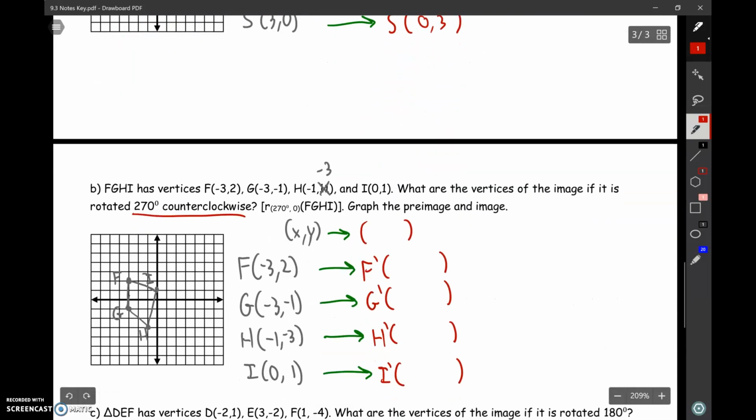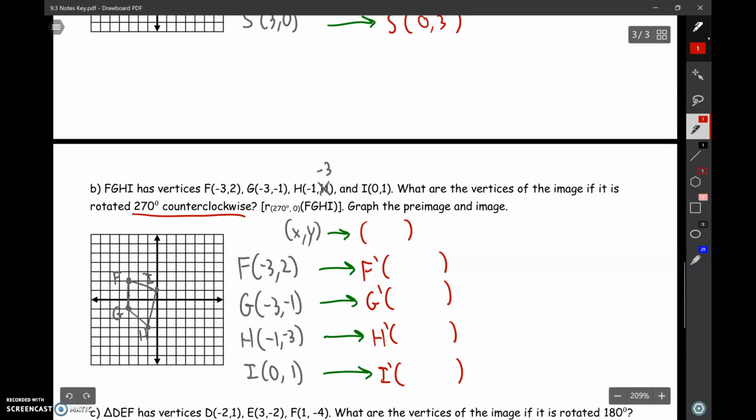Nice thing about rotations, they're going to be pretty standard, so 90, 270, or like our last one, 180. This one I did make a change in my notes, so you guys want to make the same change, as this is going to be easier to graph. I changed the coordinates of point F to be negative 1, negative 3, rather than negative 1, 1, 1. I would kind of run out of room for that on my graph. So I changed the pre-image a bit, but using that same idea of following the rule, if it's a 270-degree